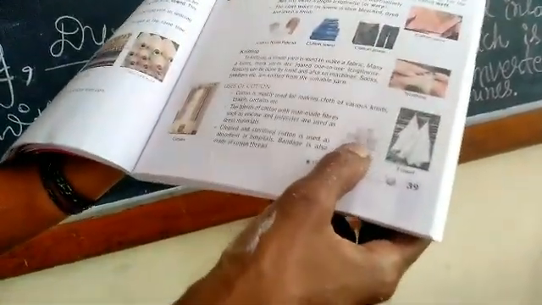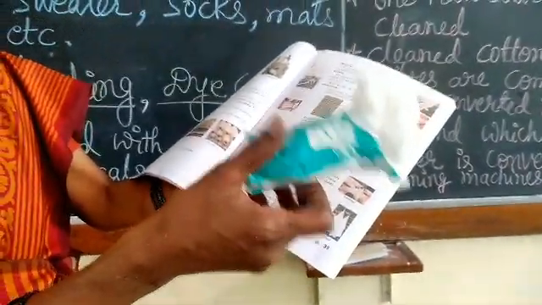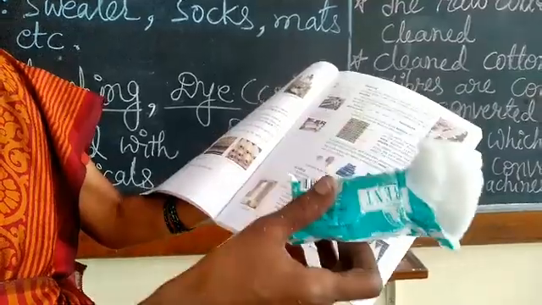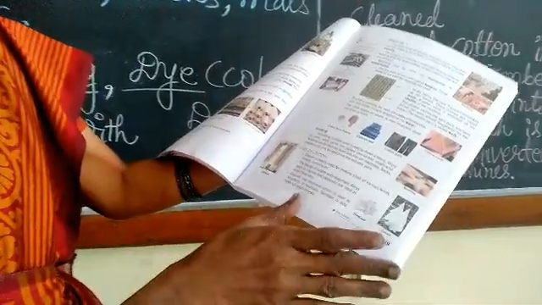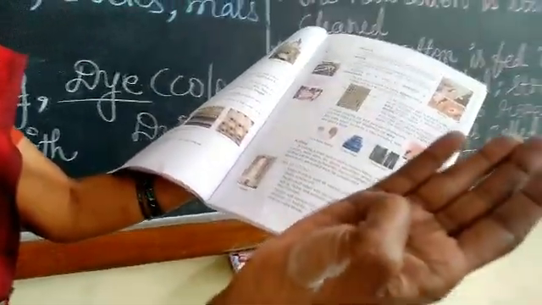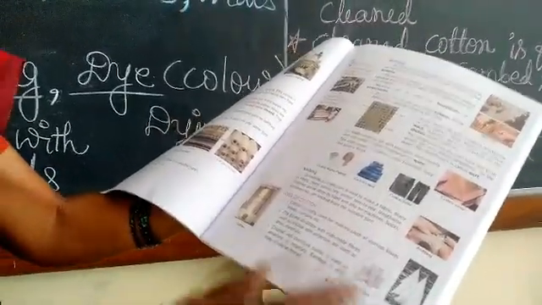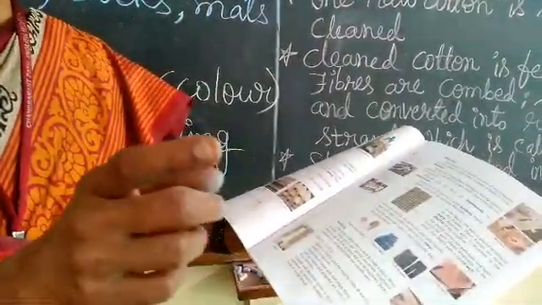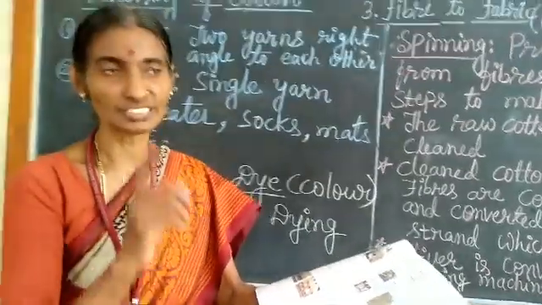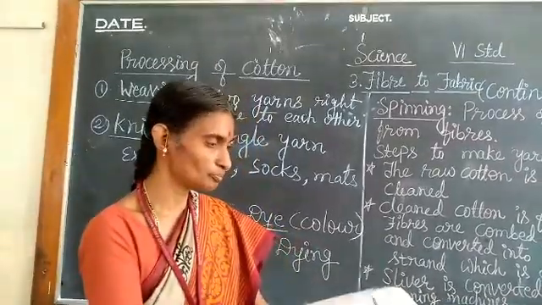Not only these wearing clothes, but other things like bandages. This is a cotton bandage, used medically in hospitals to stop the bleeding. And also the sterilized pad, which you can observe in the medical shop. The cleaned sterilized pad is used to stop the bleeding and also to cure wounds. So in different fields it is used.